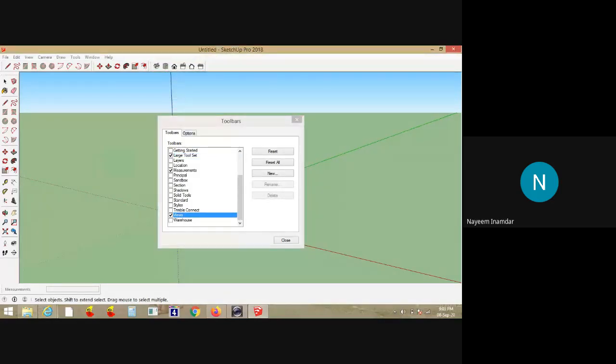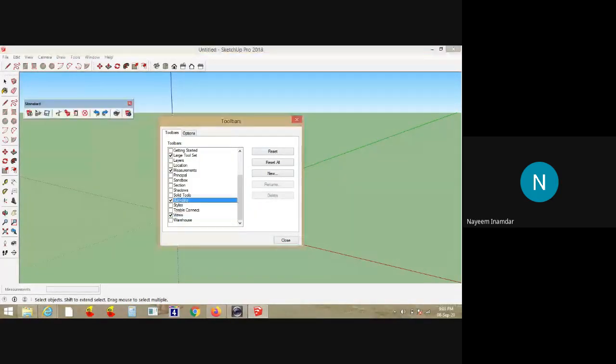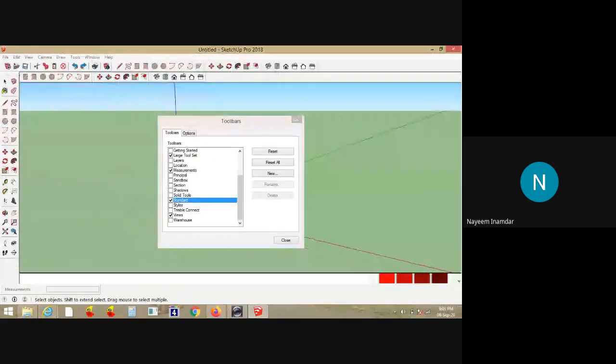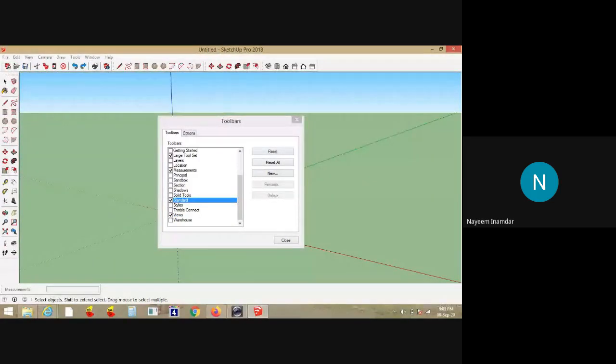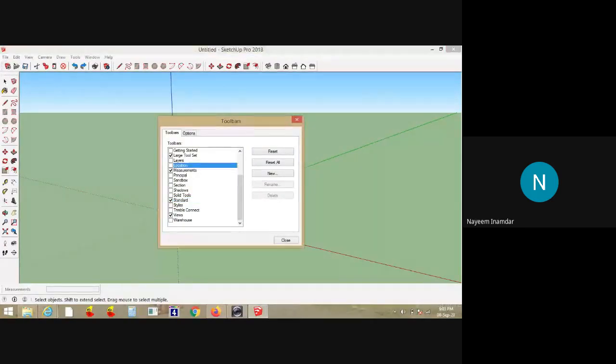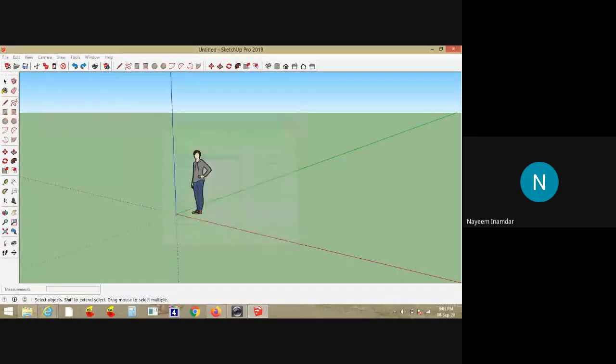I'll position it adjacent to the edit toolbar. Then the standard toolbar. These are the basic toolbars which are required for producing any residential building in three dimensions.